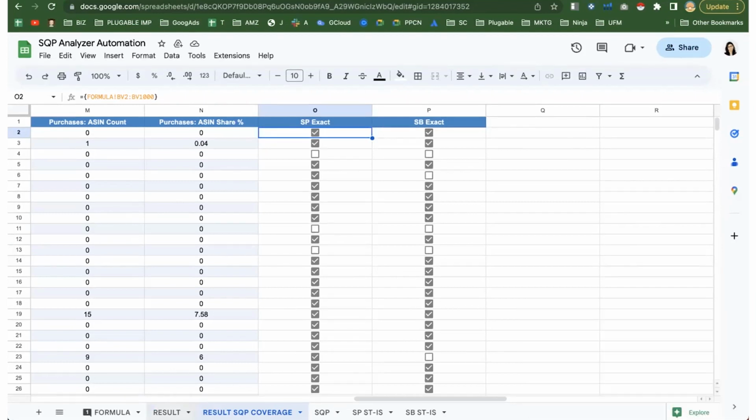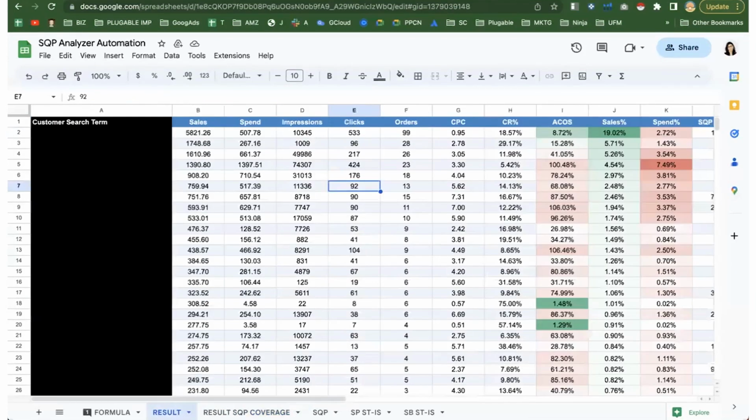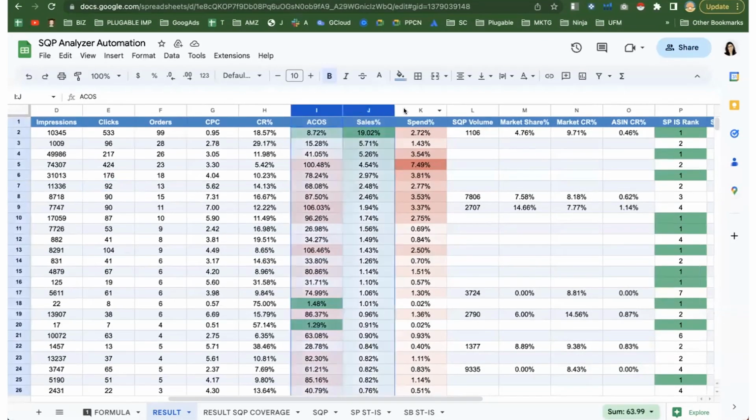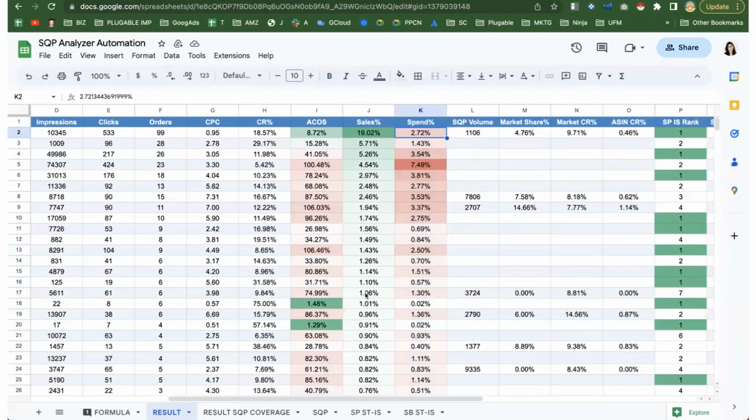And then the second thing we want to see is the other comparison data, right? So here is another sheet that we've created, looking at, for each search term, the sales that are coming from that search term and the spend that's coming from that search term with respect to the total spend and the total sales. As you can see, we have built this out looking at important metrics like ACoS, sales and spend percentage.